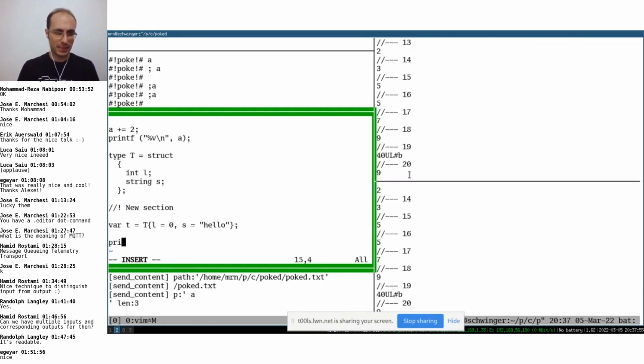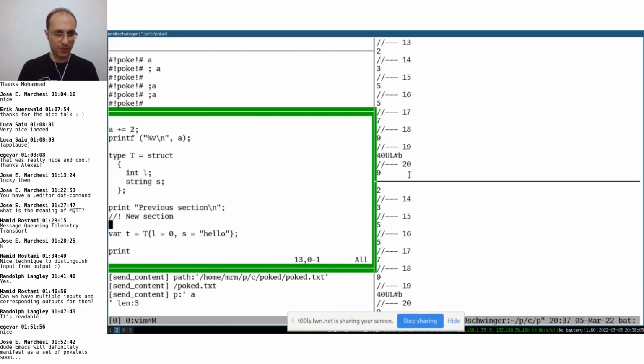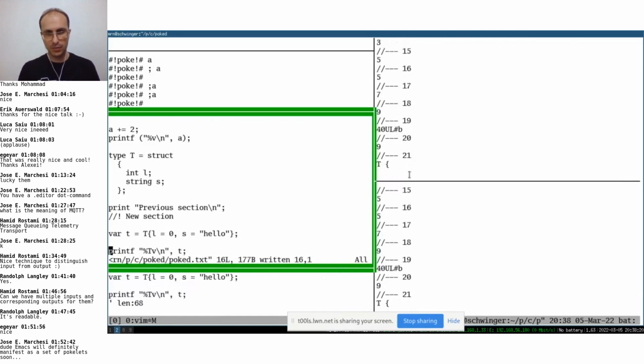And let's put a print previous section here. No, you don't have to write it. And printf the value in 3. Yes. And when I write it down, you see,